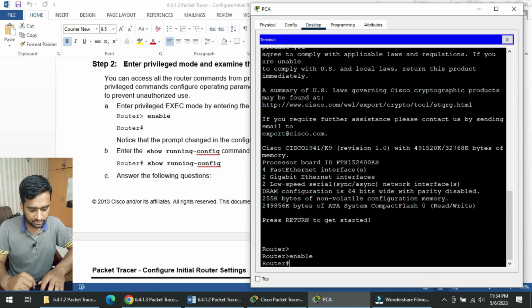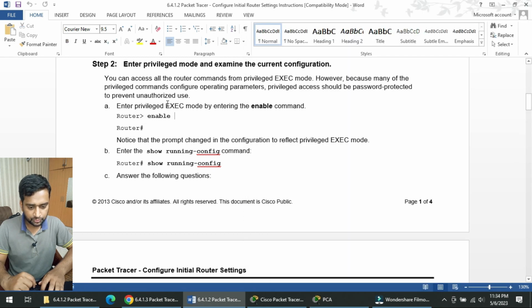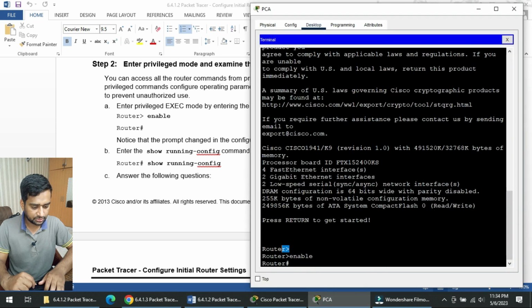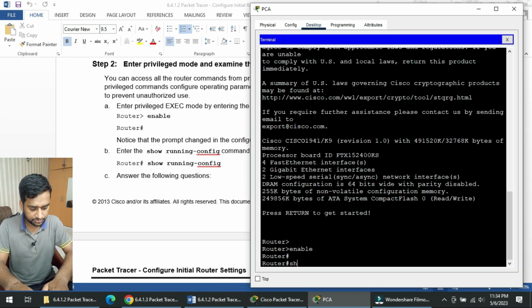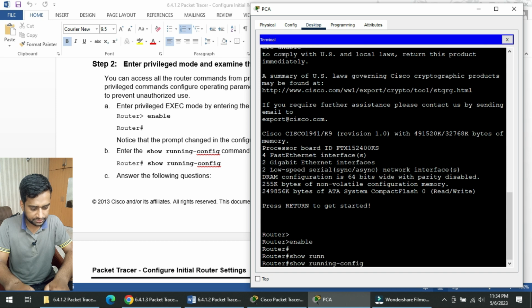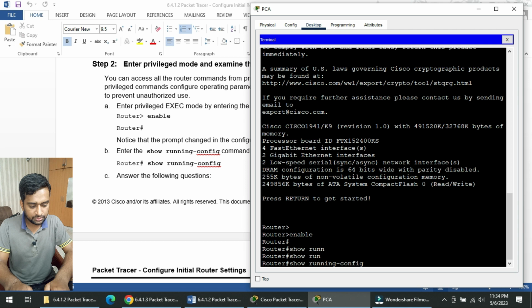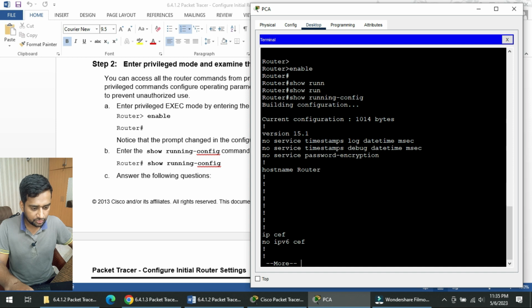Okay, when we enter the enable command, we will go from user exec mode to privileged mode. When we run the show running-config command, or in short we can run show space run, we can check all the configuration of the router. It's the current configuration of the router. I just type show space run and hit the tab button, so it will complete the command, and hit enter. We can check all the configuration of the router,